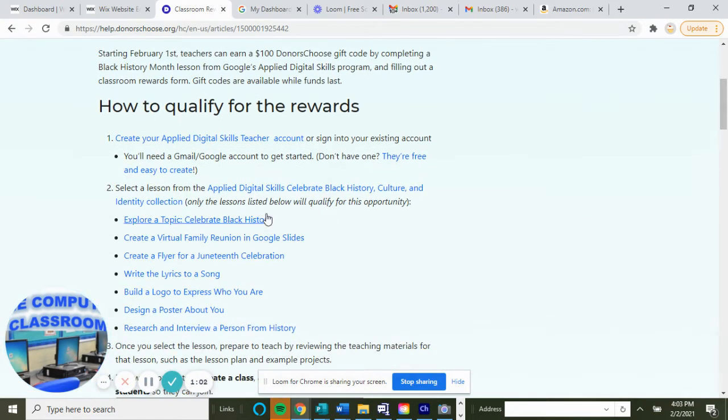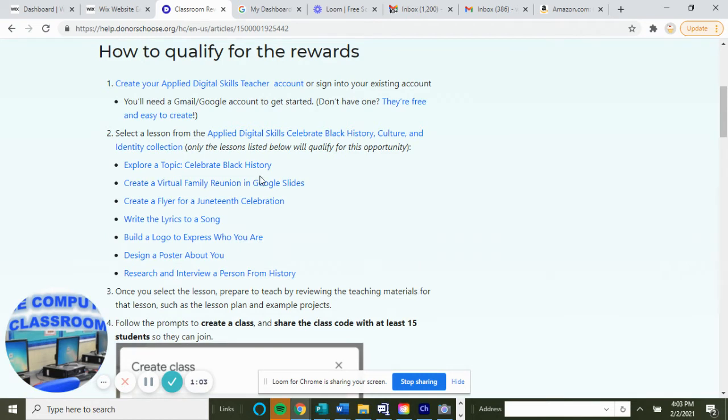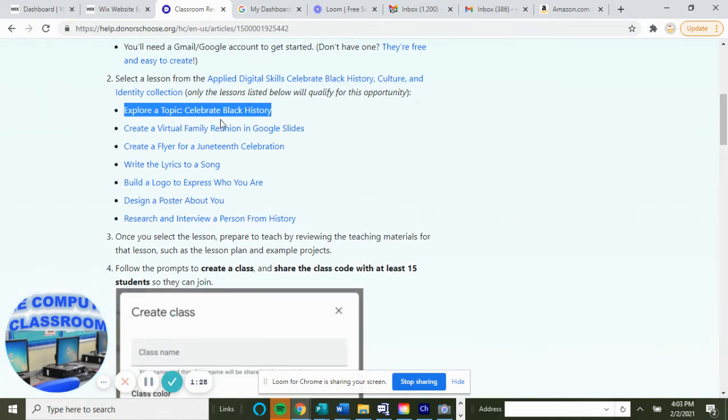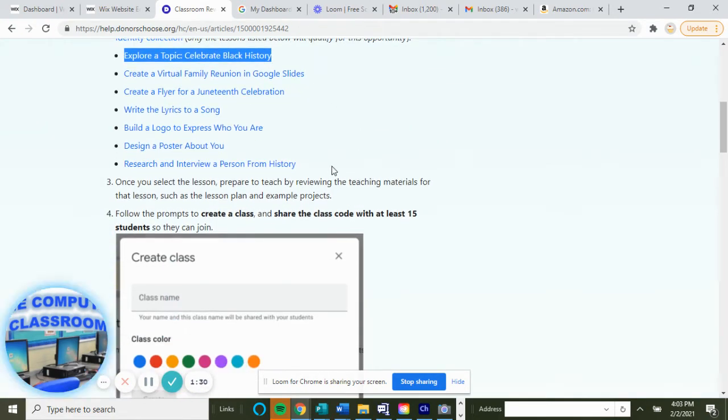So I am going to select, we already did the poster, and we haven't done the rest. So I'm going to assign this Explorer topic, Celebrate Black History. I'm going to assign this lesson this week. We are remote, so I will give you about 1 week to complete that, and then we'll review it in class next week. So I'm going to assign this lesson,